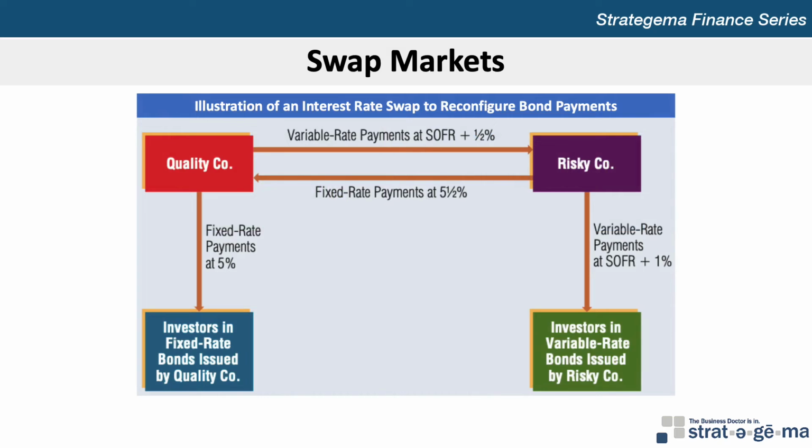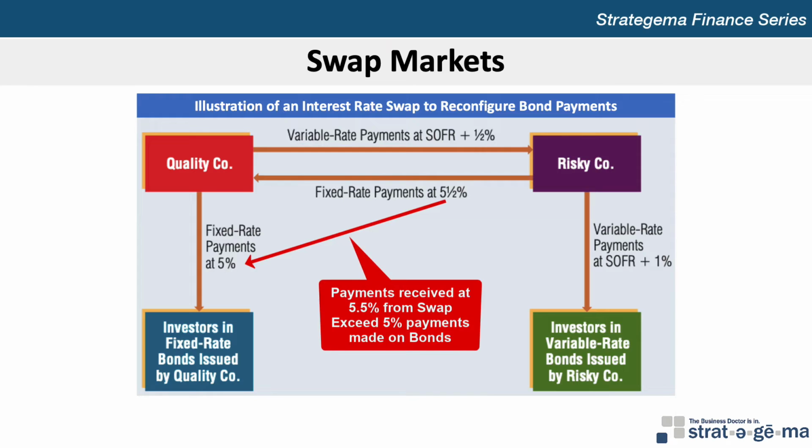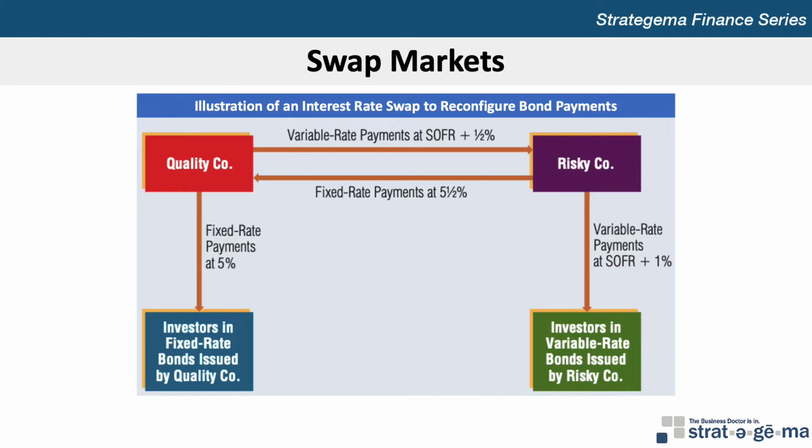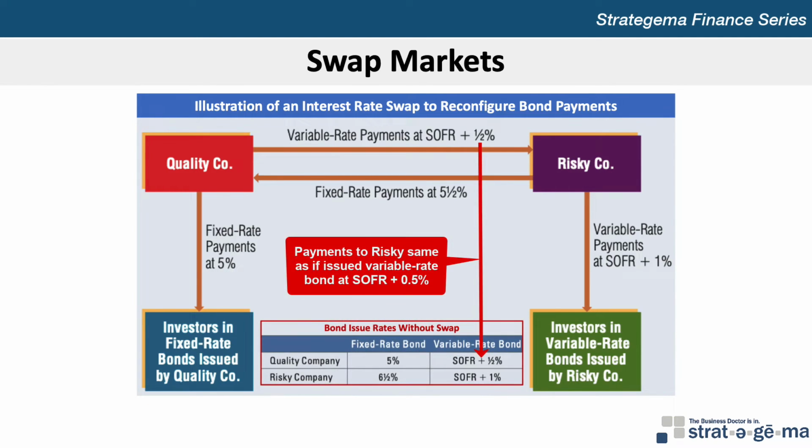Let's look at an example. Assume the quality company negotiated with risky company to provide variable rate payments at SOFR, or the secured overnight financial rate, plus 0.5% in exchange for fixed rate payments of 5.5%. Quality company benefits because its fixed rate payments received on the swap exceed the payments owed to its bondholders by 0.5%. Its variable rate payments to risky company are the same as what it would have paid if it had